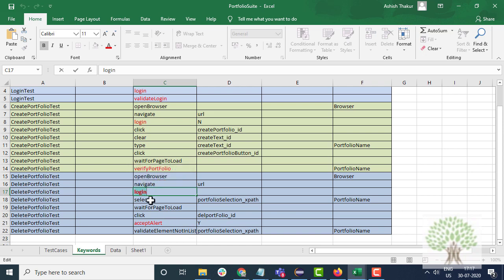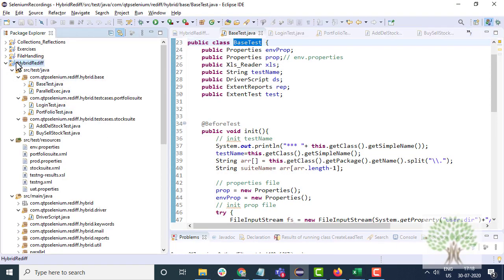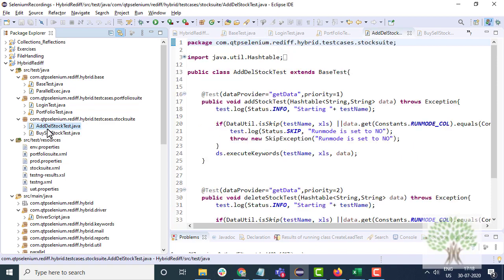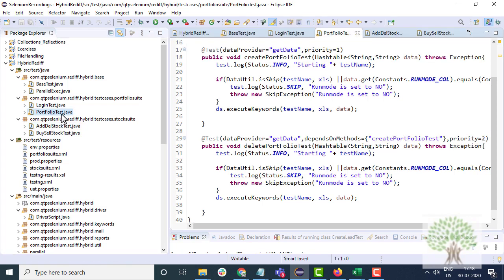Okay, so we have got different types of keywords, and when the test case starts, the delete portfolio test starts, our Java code in Eclipse, okay, this is my framework over here. Our Java code over here in Eclipse, for example, add delete stock. This is delete portfolio test. Hold on. Yeah, portfolio test.